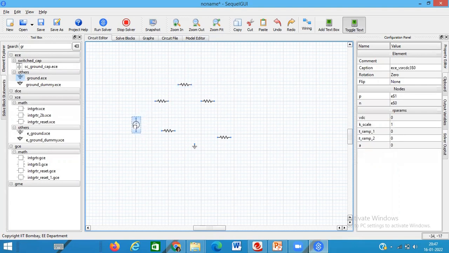It is just rearranging. This is the ground. See, connections are very important, in any software you use. This has to be rotated, as in your circuit diagram. So these are the resistances.